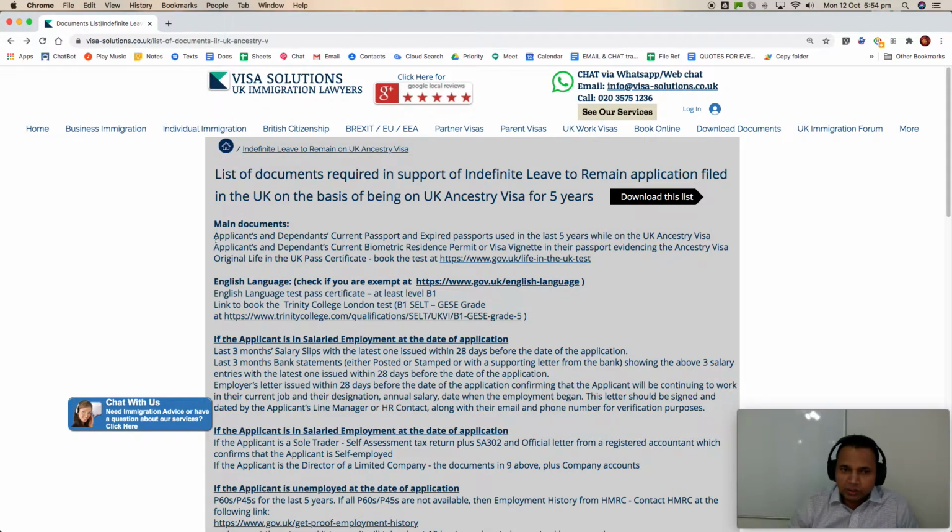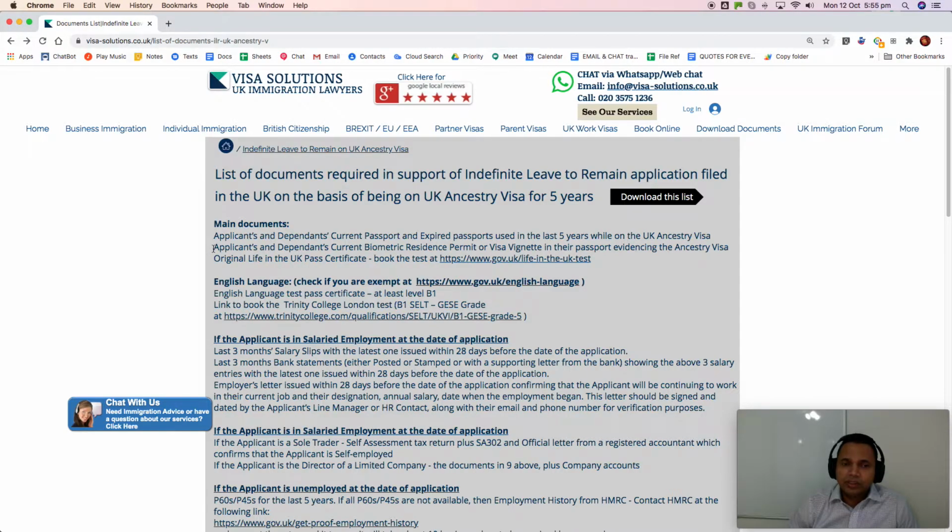If any of your previous passports are lost, then your application may get delayed. They may have to get the evidence from all the ports of entry. They send a request to all the airports, all the seaports, etc., and get the information on your record. So it's better to give them all the last 5 years' passport copies. All the documents will have to be scanned into the Home Office system. Nothing is sent in physical form. No physical documents are sent, not even the passports. Everything has to be scanned in.